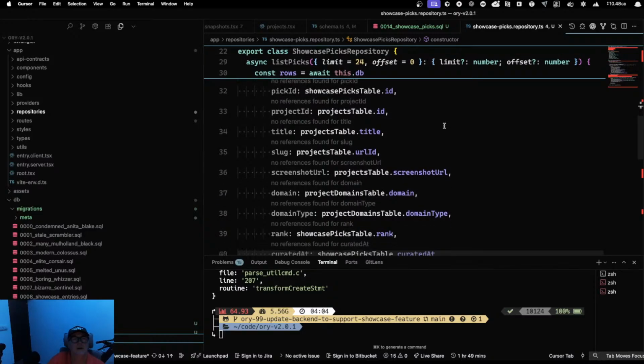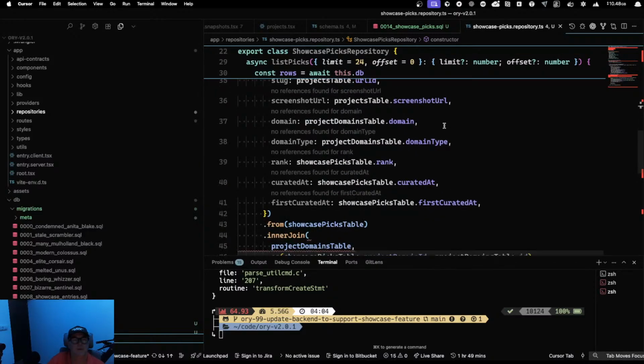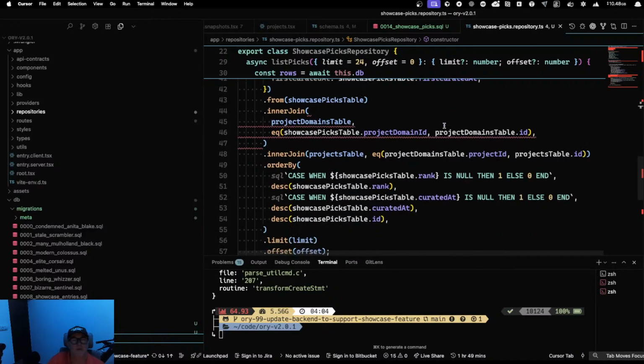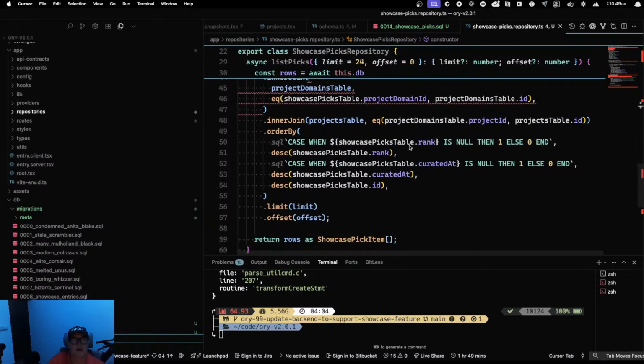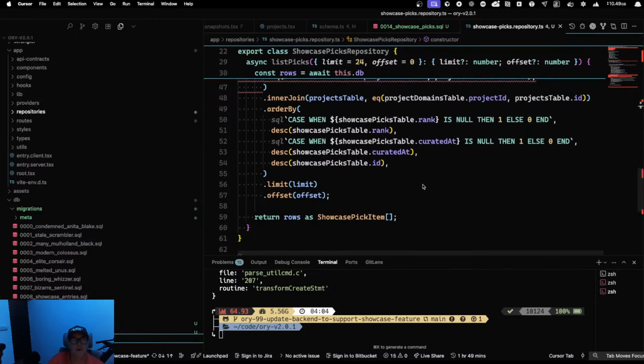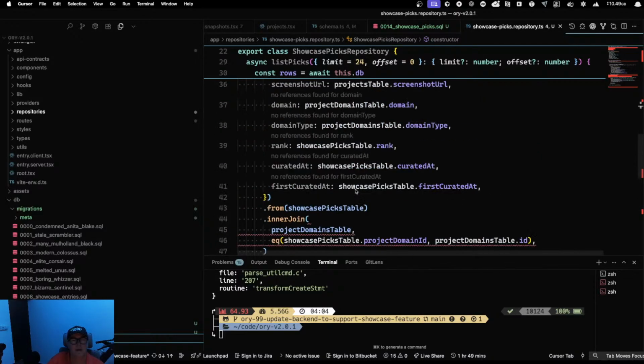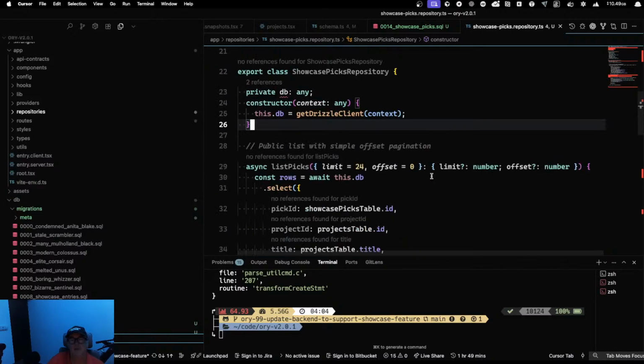It's picking the fields that we want. It's joining to the domains, so we get some domain information. It's doing the sorting, and it's limiting it to that page size. Page size, where's page size? Yeah, so we're going to do 24